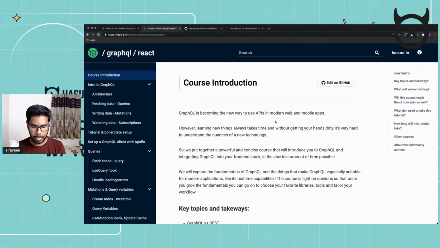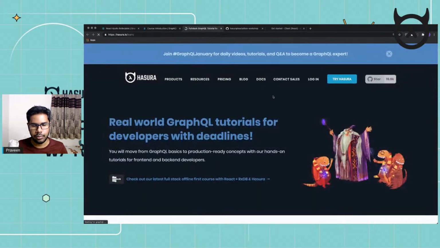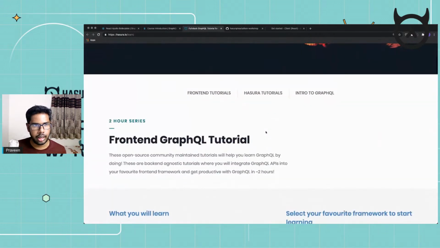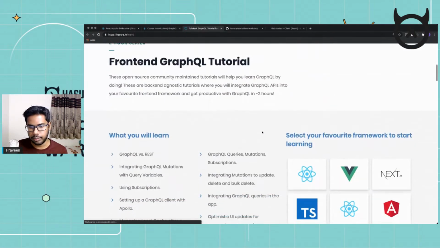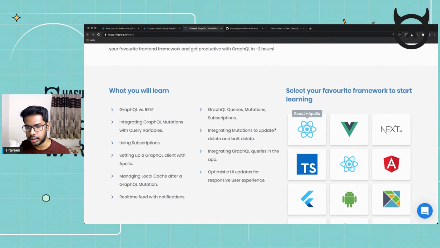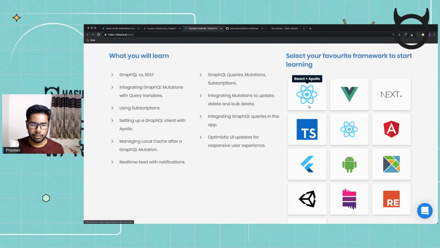so today this will be the Learn React course for those who have already seen the Learn tutorials on Hasura. We have a bunch of Learn tutorials for different frameworks on hasura.io/learn. We have React, Vue, Next.js, and TypeScript, and so on. So today, the focus would be on React plus Apollo integration. This will be an Apollo client integration, and